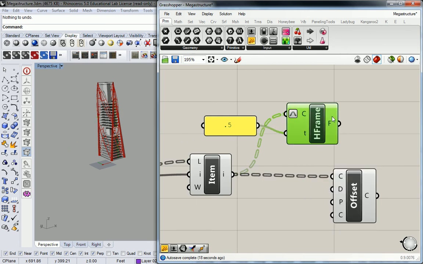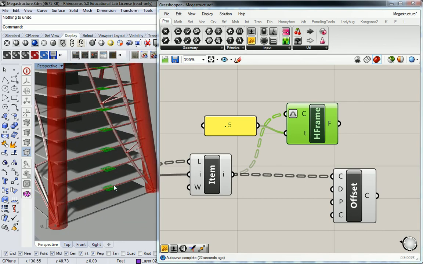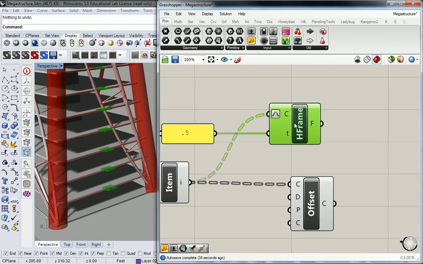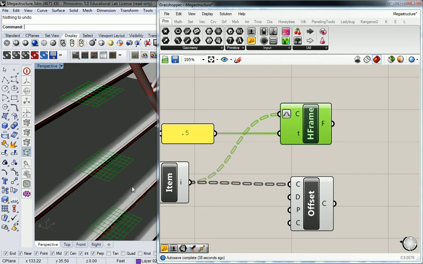Reparametrize? Okay, we have to reparametrize it. There we go. So make sure that you reparametrize the curve input. I was hoping we wouldn't have to do that and that it would assume that for us, but it did not. So anyway, with this thing reparametrized, we now have a plane in each of those